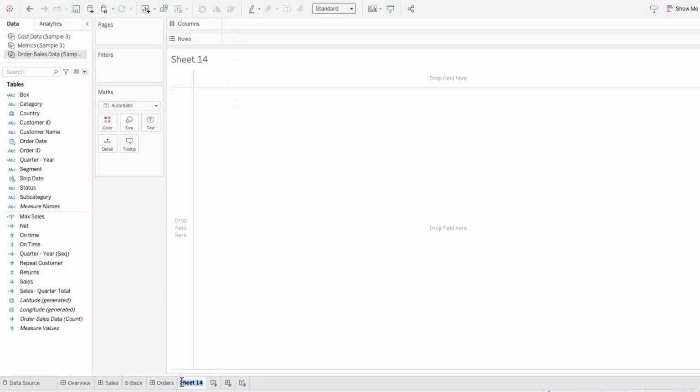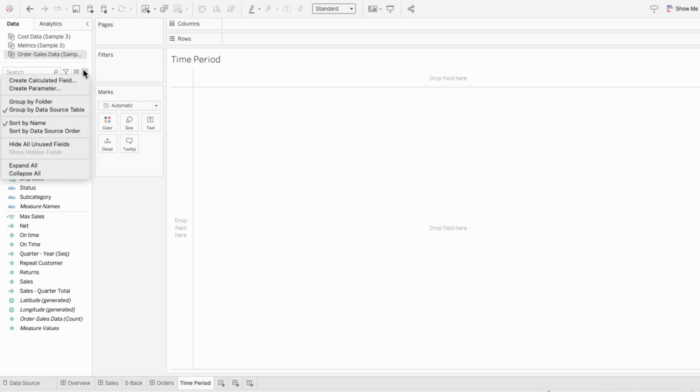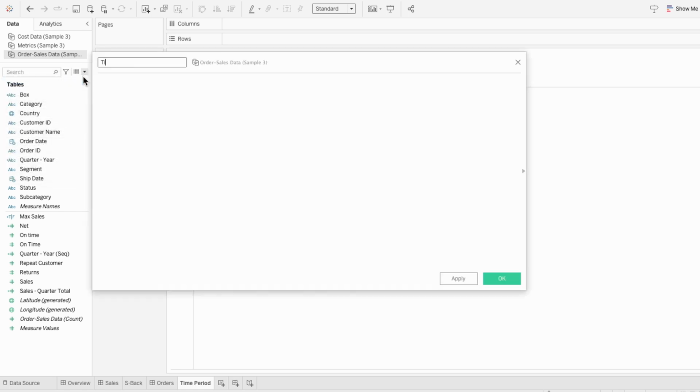I'll start by creating a new worksheet for the time period. Then I'll create a calculated field for the time period. And I'll say if the order date is greater than or equal to DATEADD day, minus 11, TODAY, and the order date is less than or equal to TODAY, then the text "day". Since the other lines are going to have the same structure, I'll type ELSEIF, and